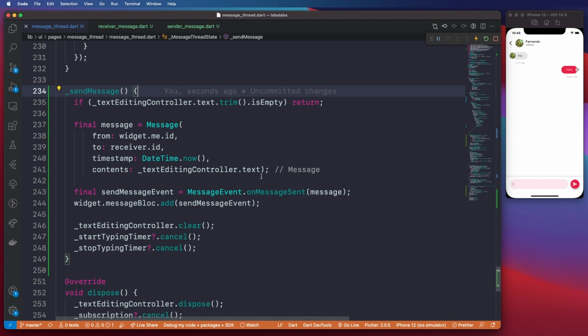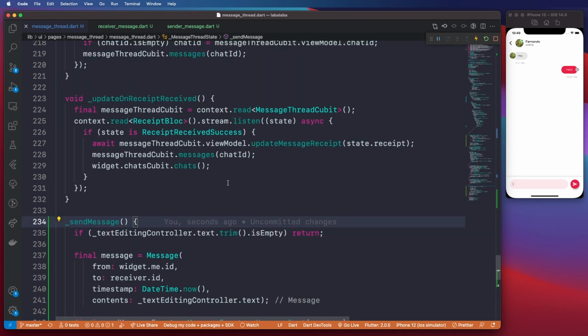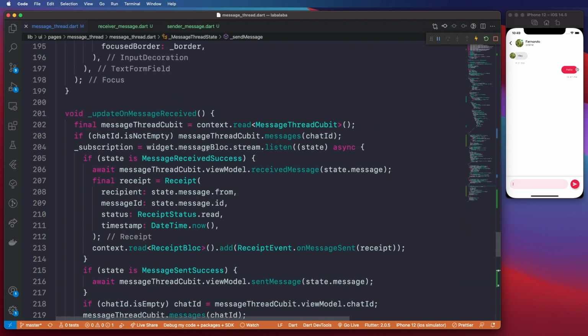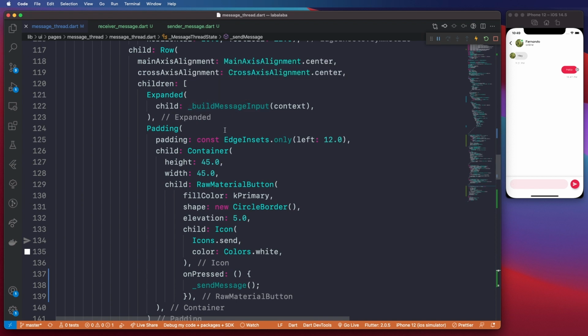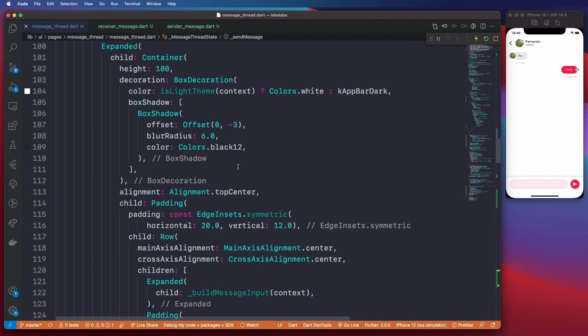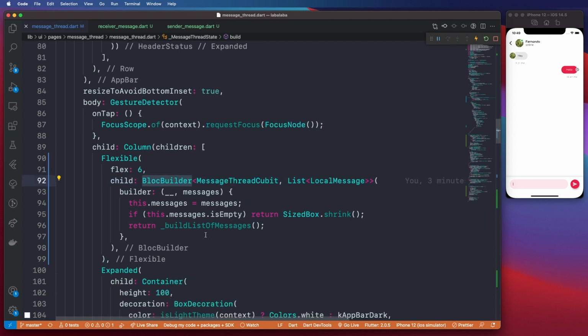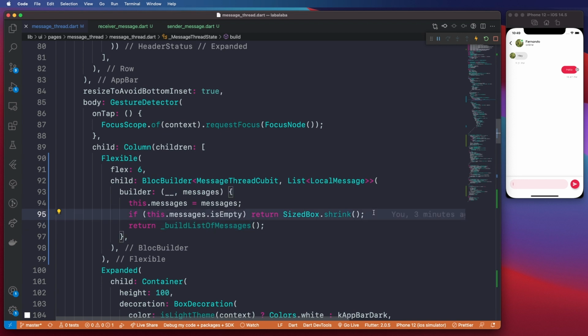Now, let us consider what happens when the user types a message. We would want the message list view to scroll automatically to the last message in the list of messages. And so what we want to do is inside of our message thread block builder here, before we build a list of messages, what we want to do is